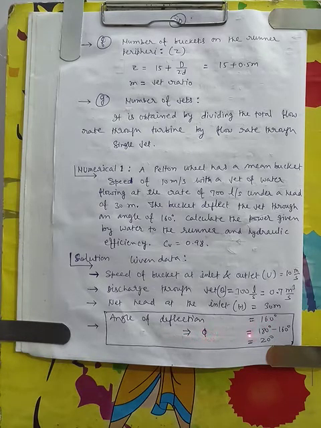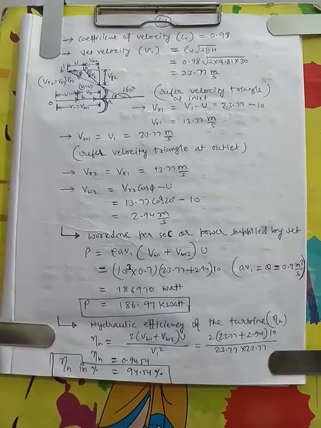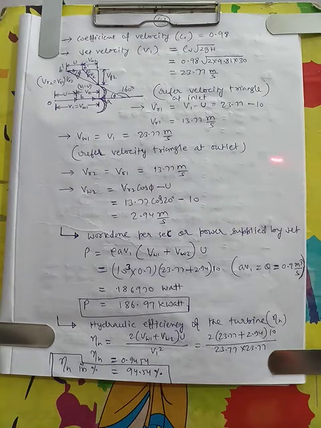So from the figure, phi will be equal to 180 degree minus 160 degree, that is 20 degree. So if we subtract the angle of deflection from 180 degree, then we get the phi. Phi is the relative velocity angle with the line of velocity of vane velocity at the outlet. So I show you in next page how phi is 180 degree minus 160 degree.